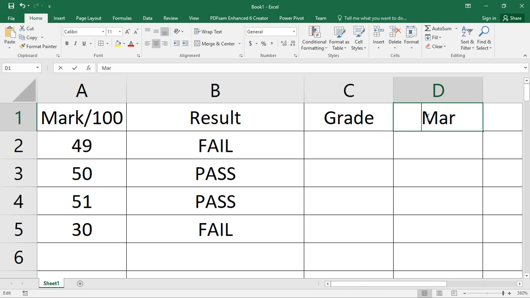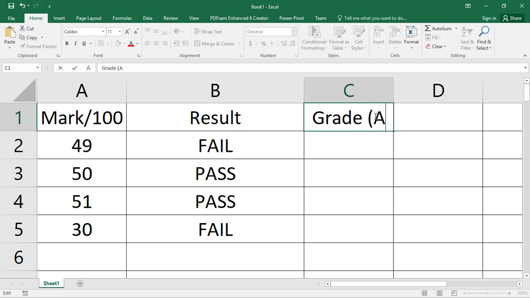And now let's grade these marks as A, B, C, or fail, like this.